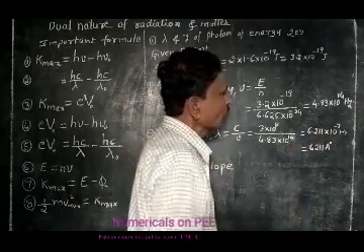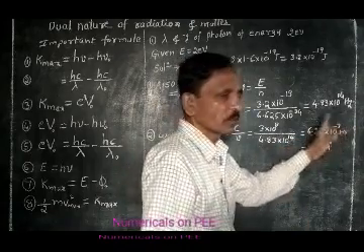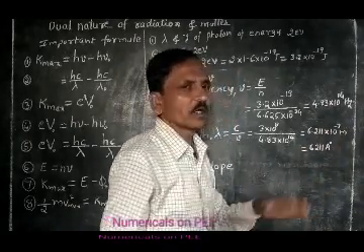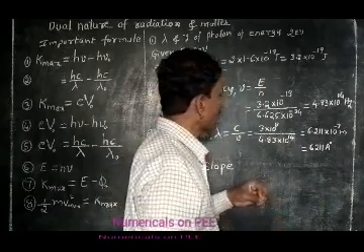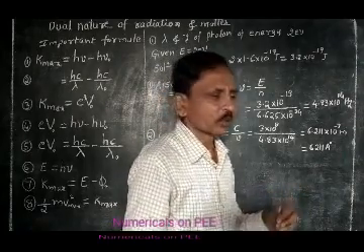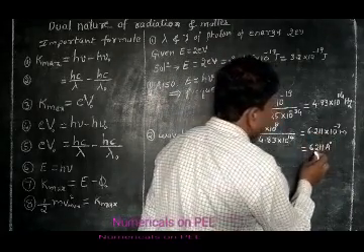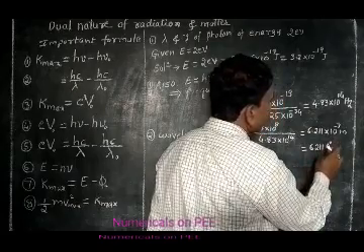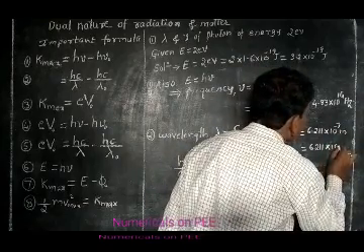We get 0.6211, or it can be written as 6.211 into 10 to the power minus 7 meter, or it can be converted into nanometer or angstrom unit, because generally wavelengths are expressed in terms of nanometer or angstrom unit. Therefore the decimal point moves 3 digits. We get 6211 into 10 to the power minus 10